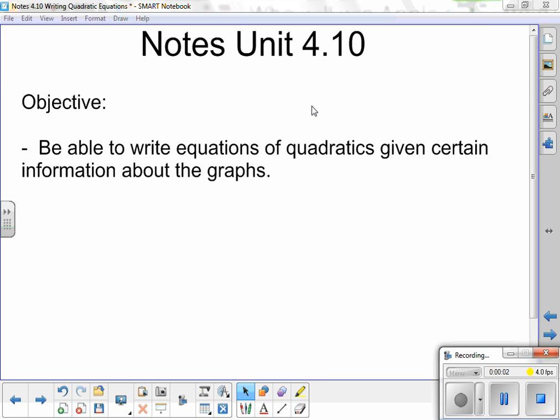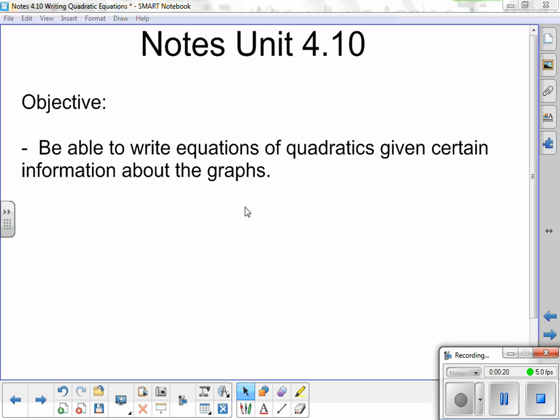Okay, so here is your notes for Unit 4.10. And yes, this is not the same thing as 4.1. This is not a decimal number. So this is going to be a lesson on writing equations of quadratics given certain information about the